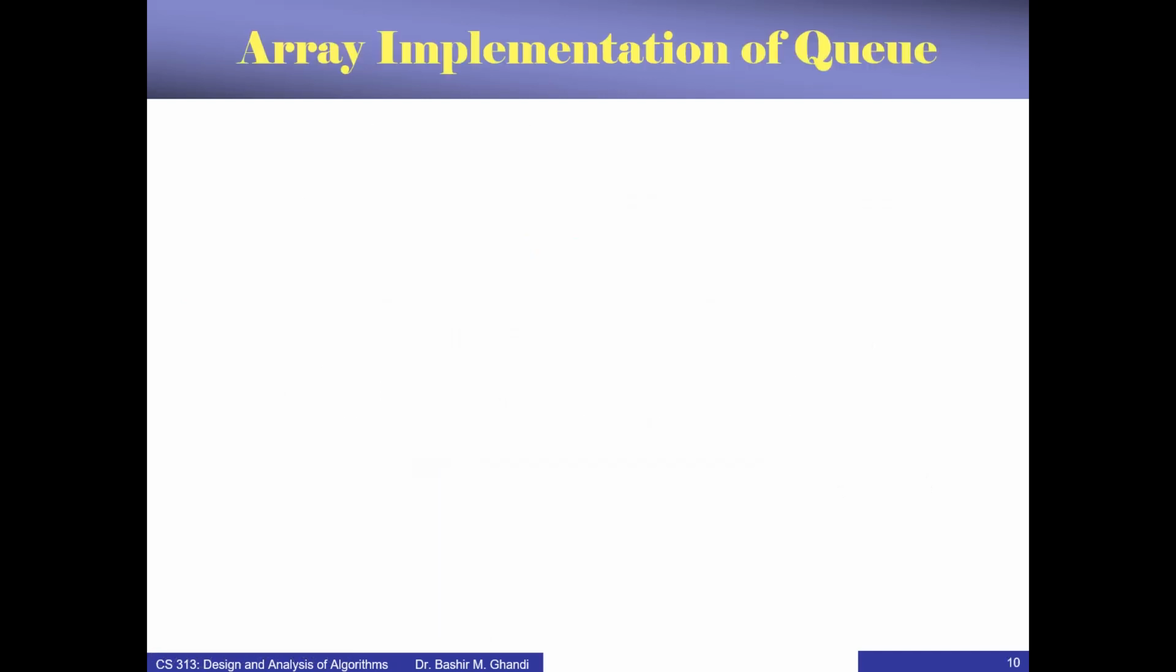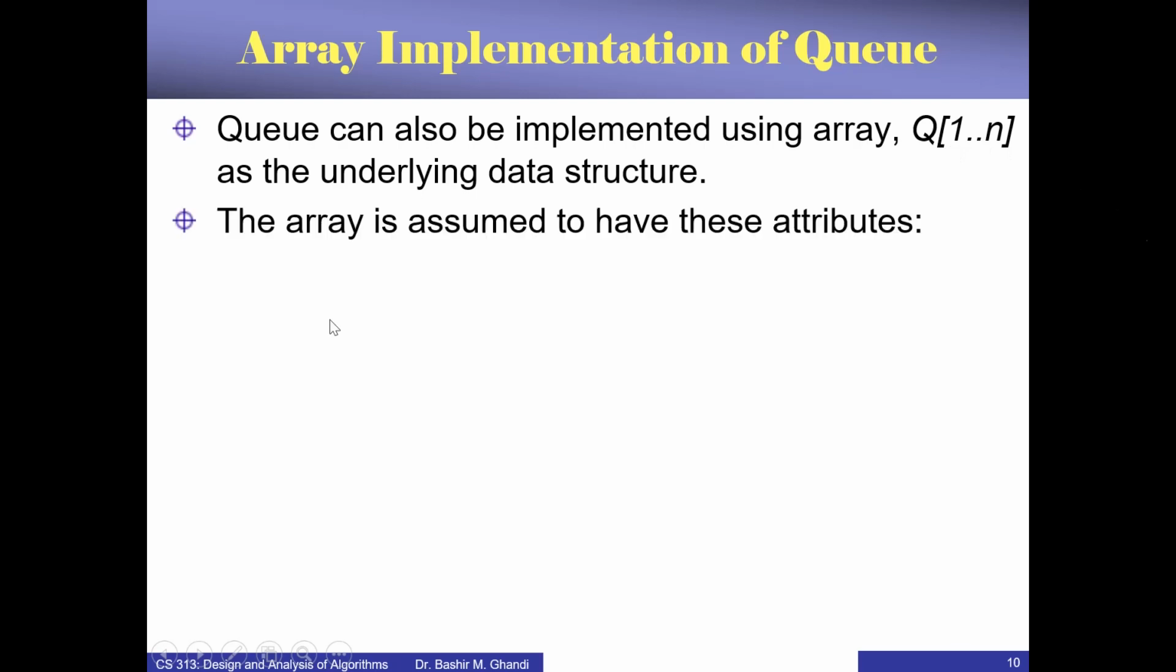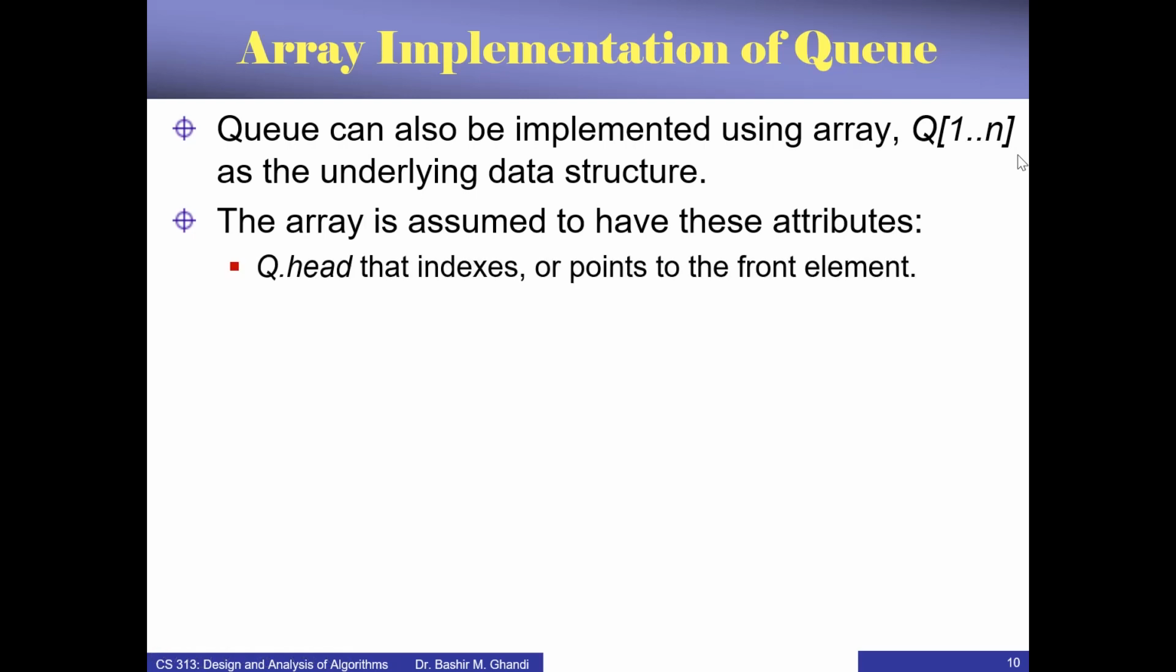How can we implement a queue? Again, we may use an array to implement a queue. Array again starting from 1 to n. In this case, the queue, after it is implemented with an array, is assumed to have this attribute, queue.head. So queue.head is an attribute that will tell us the index of the front element